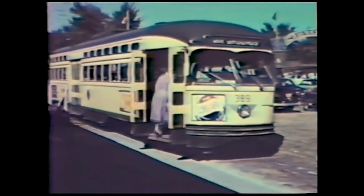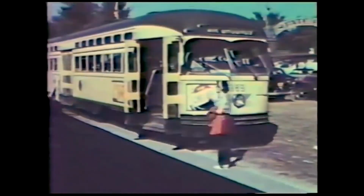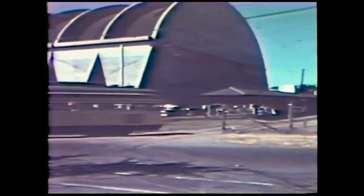In 1952, the St. Paul portion of the Como-Harriet line east of the fairgrounds was abandoned, as was the Snelling Avenue line, and buses were substituted to go to the fair from St. Paul. 1953 was the very